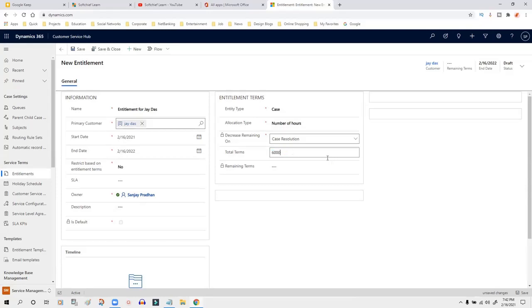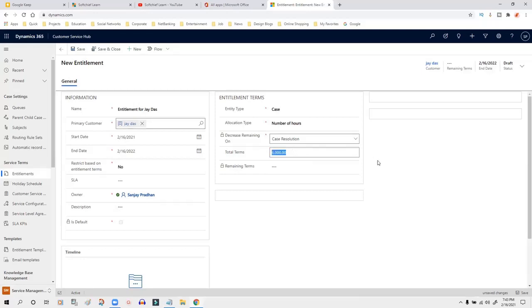Let's say you want to give 6,000 hours for case resolution. You understand, while resolving the case, it is asking for the number of hours invested. Remember, I told you billing hour, to choose billing hour. That timing is nothing but the entitlement that will be assigned.